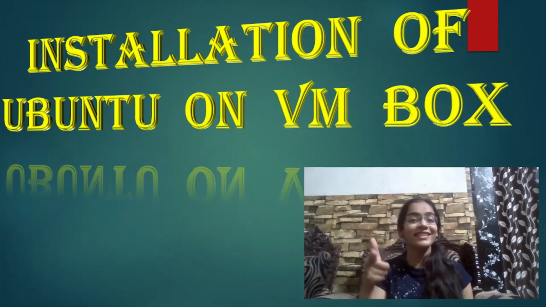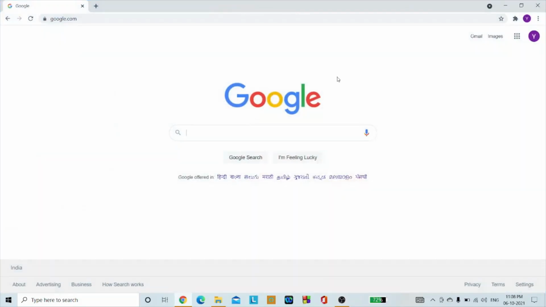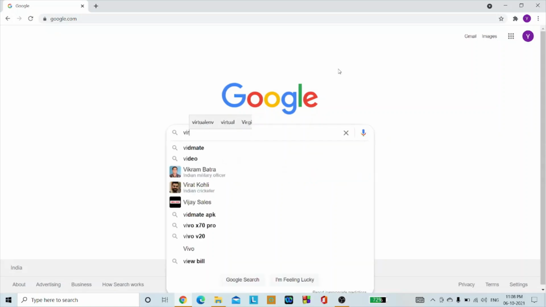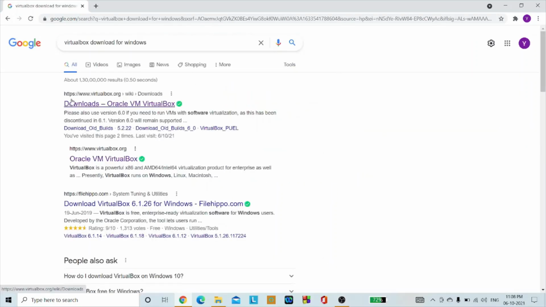So let's get started. In my case the host operating system is Windows and I have installed VirtualBox for installing various operating systems on it. If you don't have VirtualBox, just go on our favorite browser and search for VirtualBox. The first link that appears is Oracle VM VirtualBox downloads. Click on it